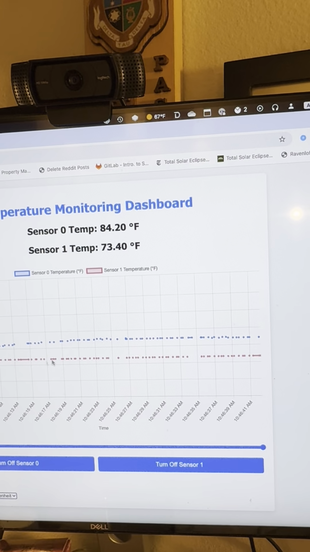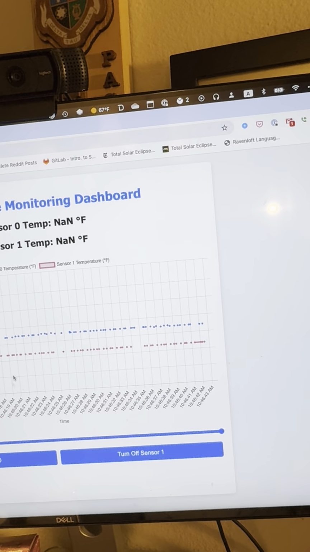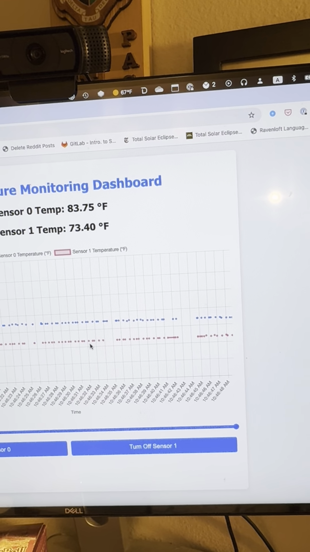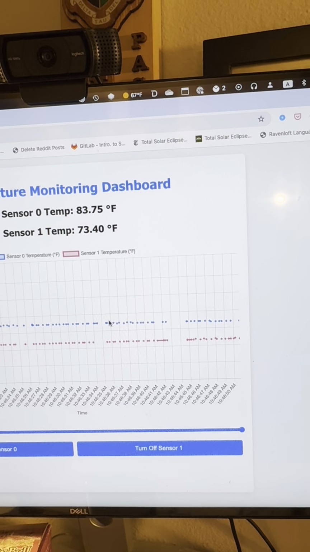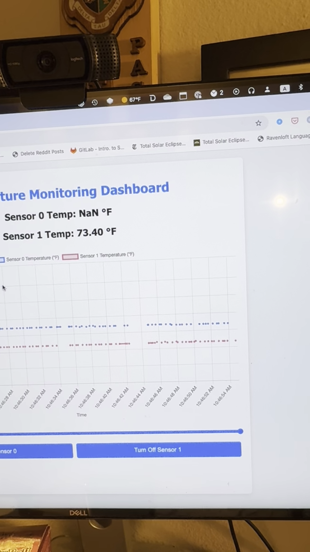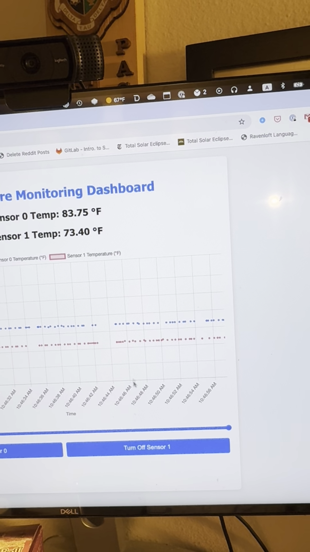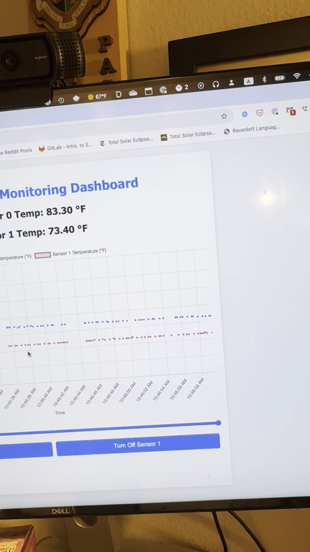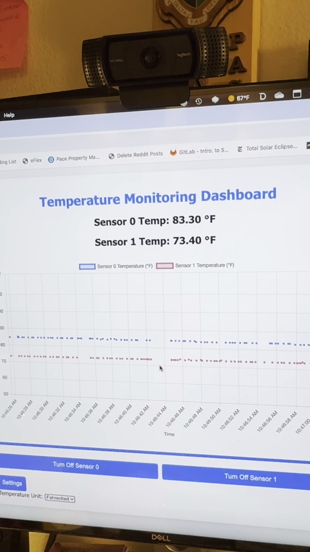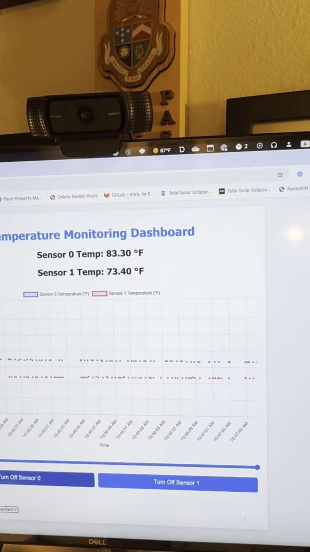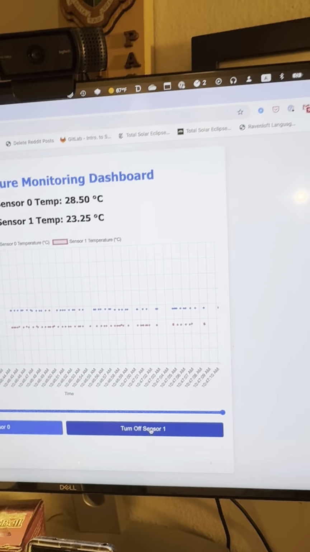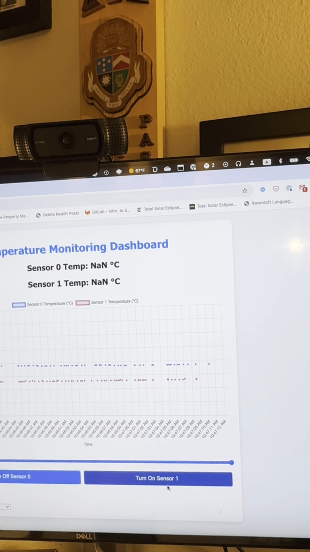Also, let's try changing temp from Fahrenheit to Celsius. So it changes the values, and the positions aren't going to change at all. So yeah, maybe they become sparser, and the NaNs seem to come more frequently. But it gets the job done. You can switch back there, and then we can turn on or off